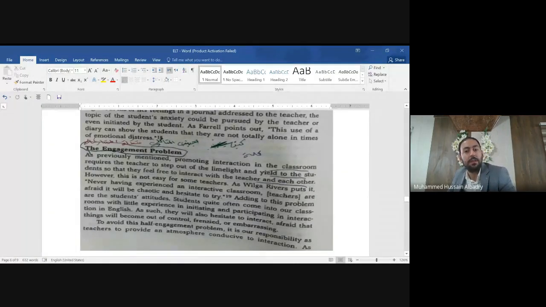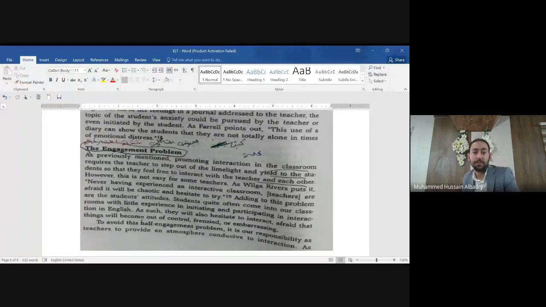This is the engagement problem for teachers. For students, they quietly often come into our classroom with little experience in initiating and participating in interaction in English. Okay, and this is also for students. They don't have experience in how to initiate, how to start, and participating in interaction inside the classroom.